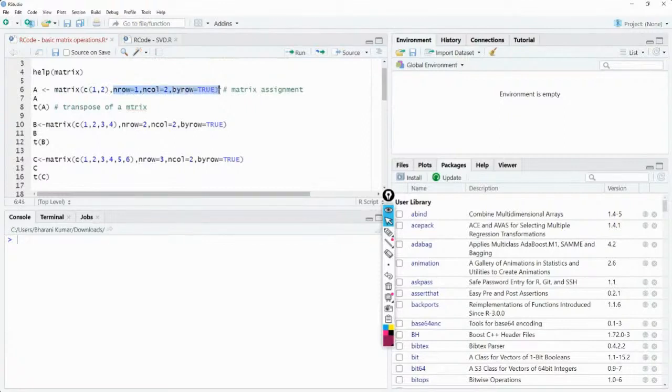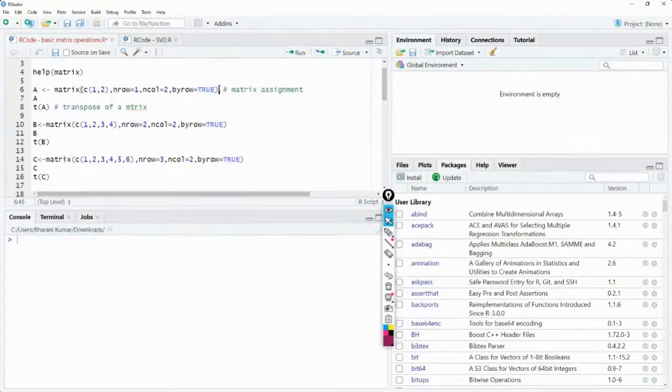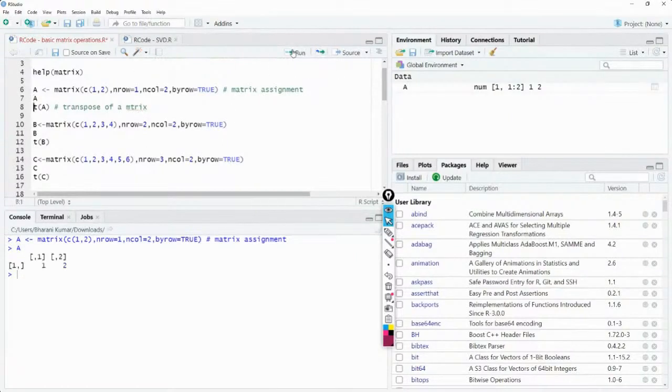And I want to arrange these by row. I'll run this. So when I say show me A, it says, okay, 1, comma 2. It has one row and two columns. When you do transpose of A, you get one row and two columns.